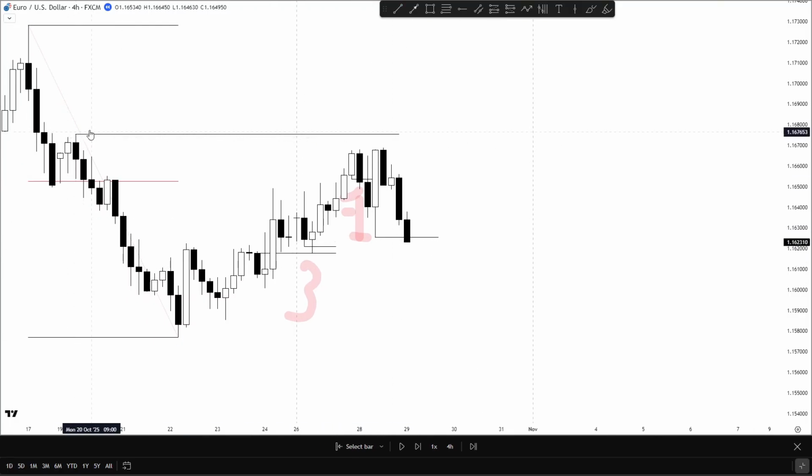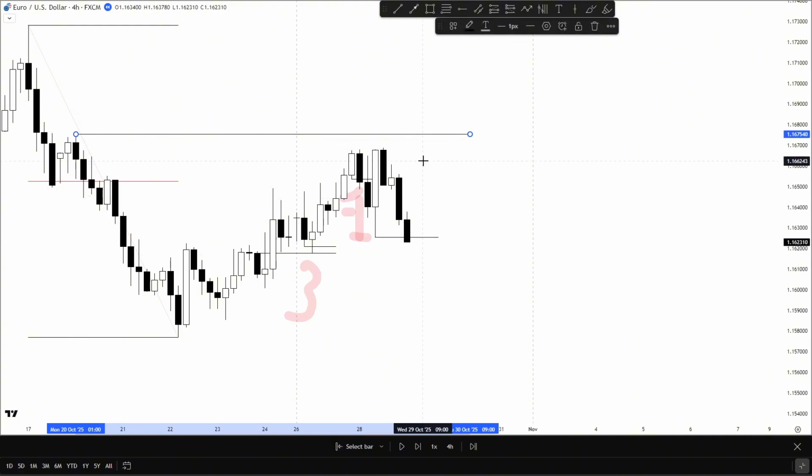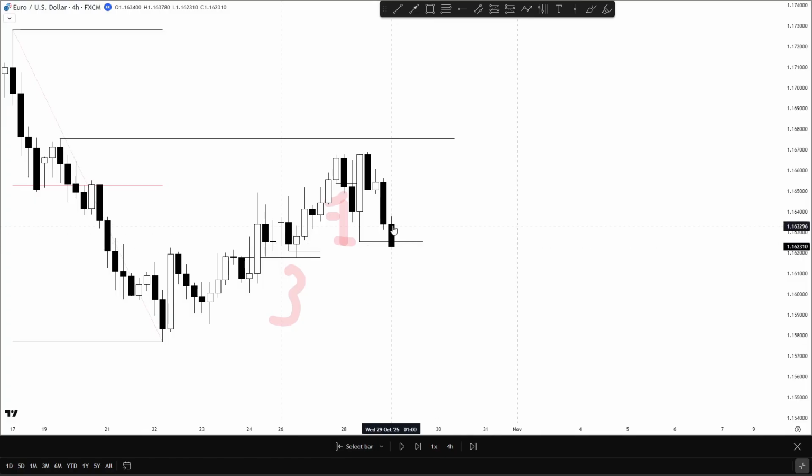Okay, my short-term drawn liquidity for price was still this premium high, and I expected price to first of all have a bullish range expansion on Wednesday towards this high and then expand lower in the long term towards the macro dealing range. So first of all, I waited for the 1 a.m. candle to close. Okay, and then during the 5 a.m. 4-hour time window, I took this as my candle range, this is my key level, and I took a trade towards the drawn liquidity higher,